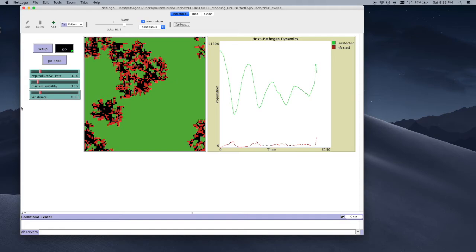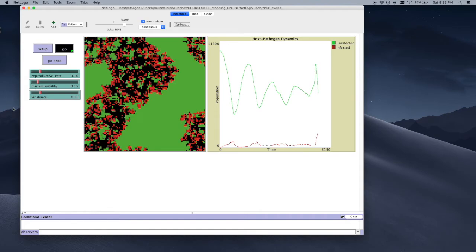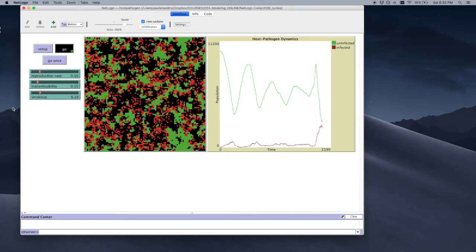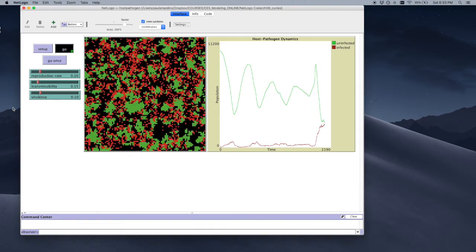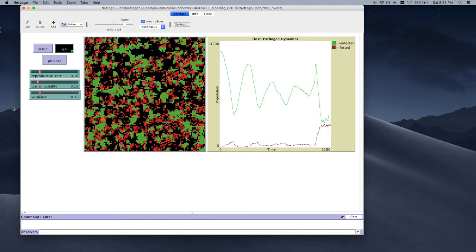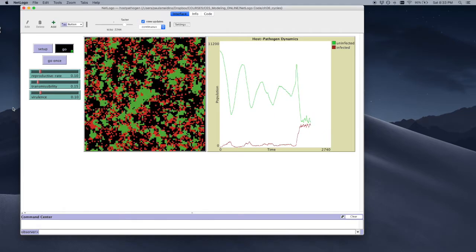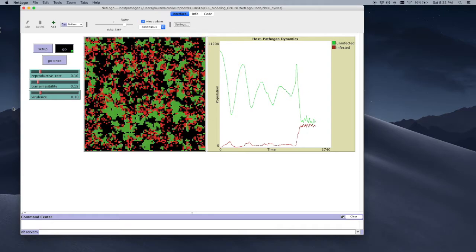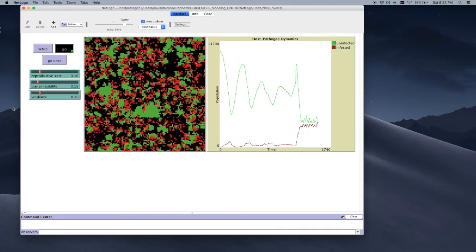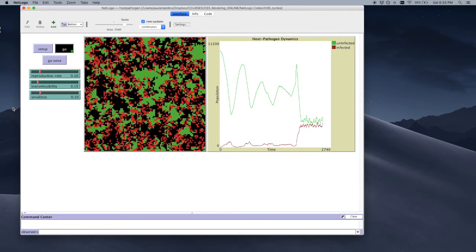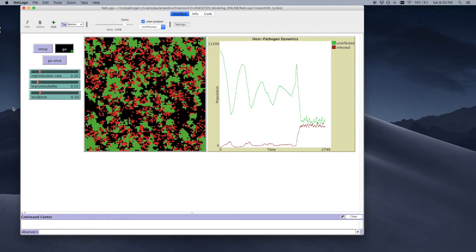I increase the reproductive rate from 0.1 to 0.1. And look what happens. Right? The opposite happens. Higher reproductive rates for hosts actually favor the pathogen. This is because there are now more susceptible hosts to which the pathogen can spread, and there's no empty regions persisting long enough to block pathogens from spreading before they kill their hosts.